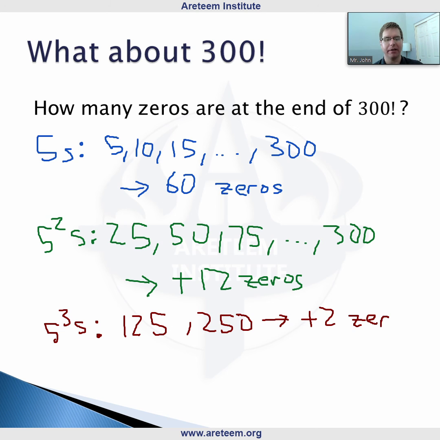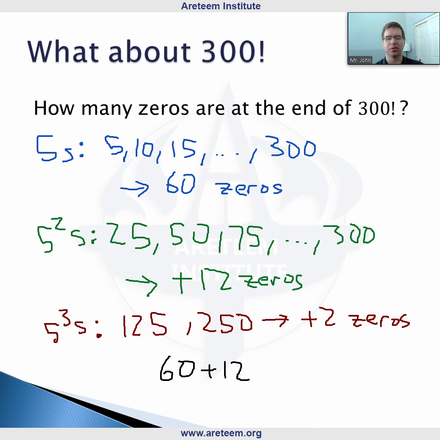So every third power of 5 in this case will give us one extra 0. Now, 5 to the 4th power is too big, so this is where we stop. But in general, you keep going up. How many 5s do you have? How many 25s? How many 125s? How many 625s? Etc. Now we have 60 zeros from the 5s, an additional 12 because we're counting multiples of 5 squared,